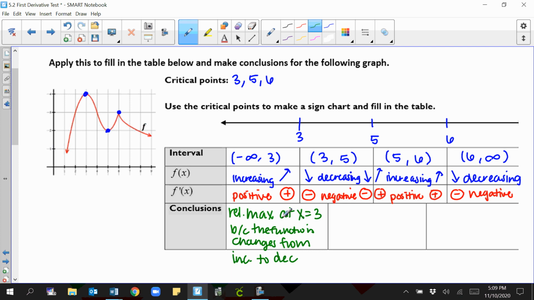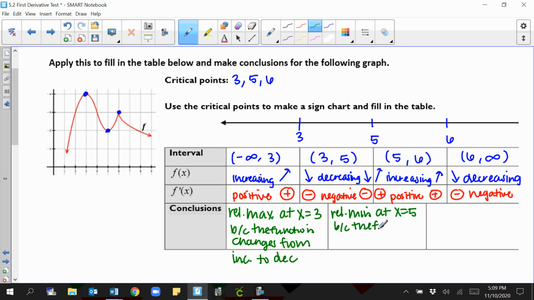And the reason I'm talking about the function is because the graph that they gave us over here is the original function. If they had given me a derivative, my reasoning would be based off of the derivative instead of the original function. So the next thing that I can say is at 5, there's a relative minimum